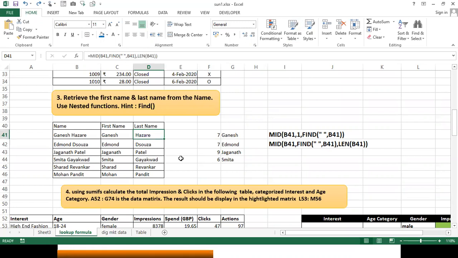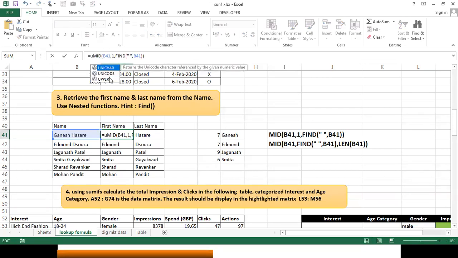This Ganesh Hazare is in small letters. Entire text we want in caps lock. Everything can be done in caps. For the mid itself, use upper. Use upper for the whole formula. Press enter, it gives me capital letters.